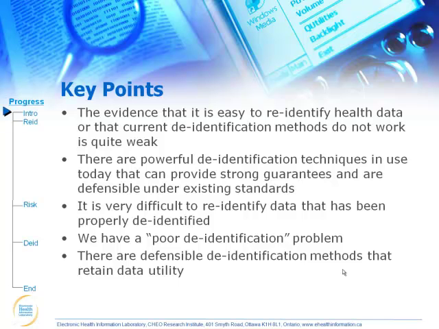So in the last few years, there have been some articles published implying that the methods for de-identification do not work very well. Initially, we didn't pay much attention to that, but then policymakers started paying attention to it, in particular in the U.S., and there was some movement by policymakers in adopting some of these views. So we decided to look at the evidence and do a systematic analysis of the evidence on de-identification and re-identification attacks, and see what the evidence says about the ability to re-identify health data.